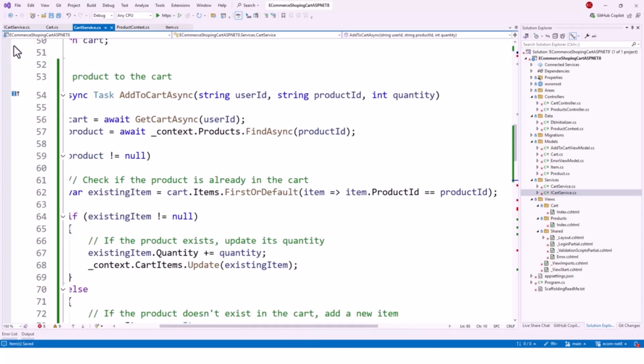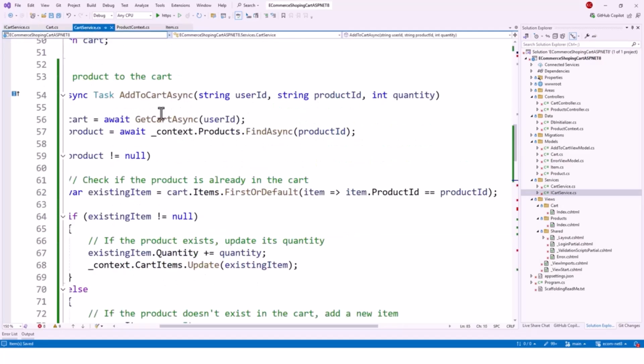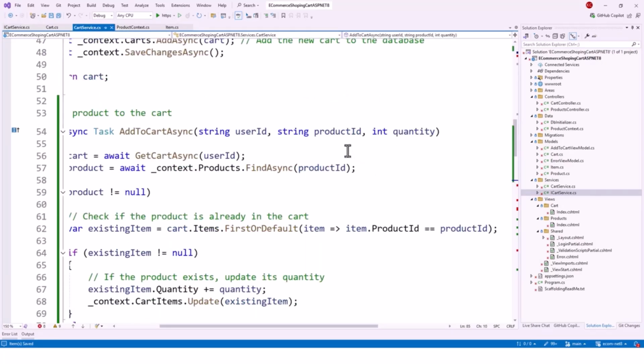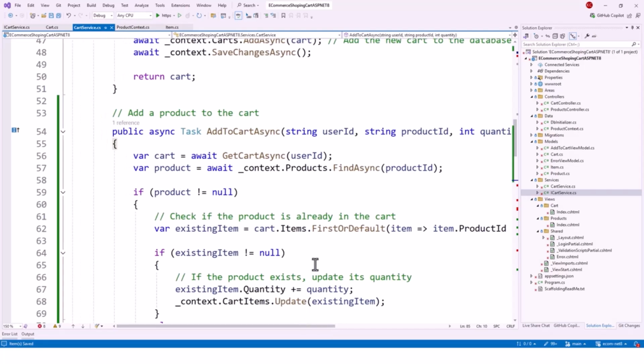Okay, so item has got ProductId. So item.ProductId is equated to the productId which is incoming into this method as an argument. Okay, so now we'll check for existing item not being null. First case, we checked if the product is already in the cart, and second case, if the product exists, if it is not null,